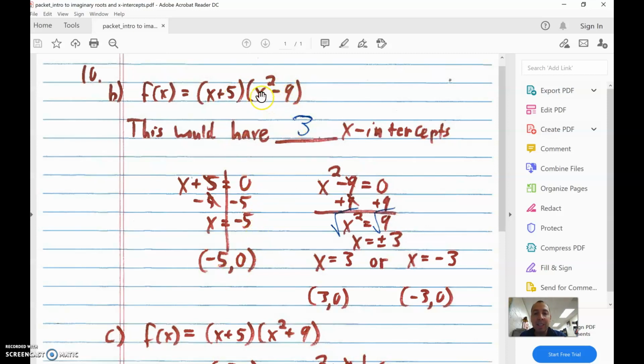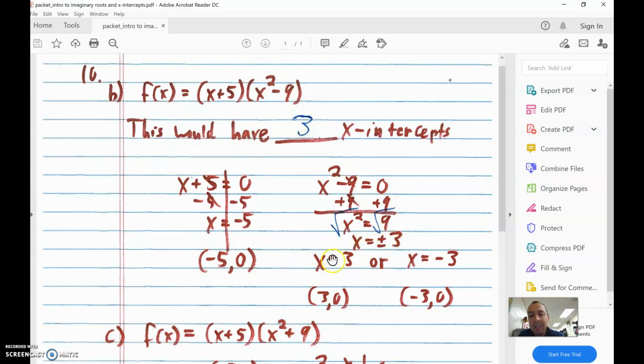Well, the other factor isn't x minus 9, it's x squared minus 9. So when I set that equal to 0 and I solve, I would add 9 to both sides. And then I've got x squared equals 9. Well, one way to solve this is you find the square root of both sides. And the square root of 9 is 3. And when I find the square root of both sides, I got to make sure I look at both the positive and negative